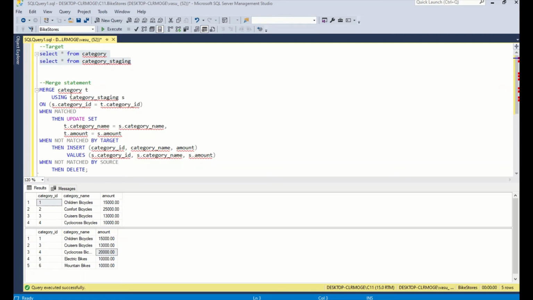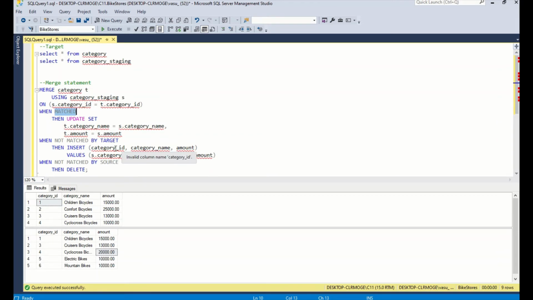As per the syntax, I have MERGE and the table name, USING the source table name, ON the condition, WHEN MATCHED, and I'm updating when matched. When matched, I'm updating the target table from the source, so t.category_name equals source.category_name.